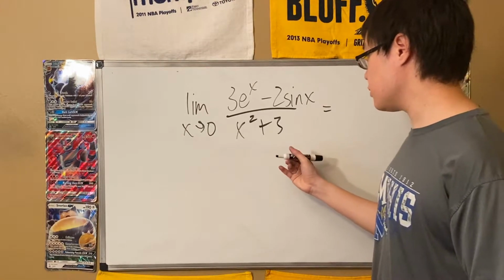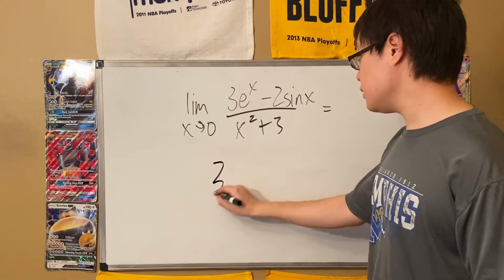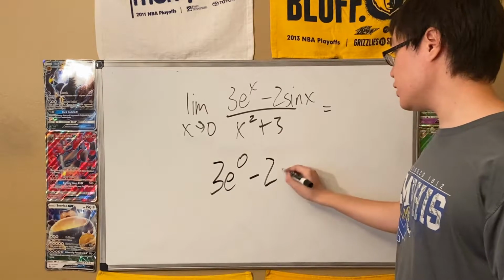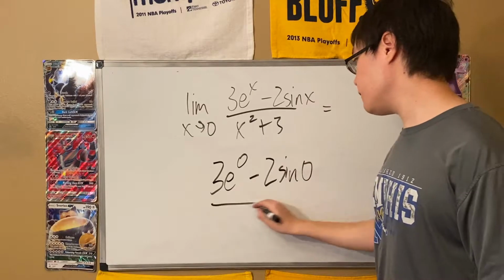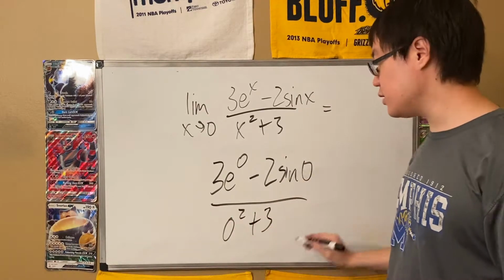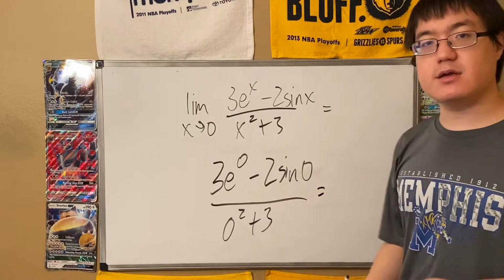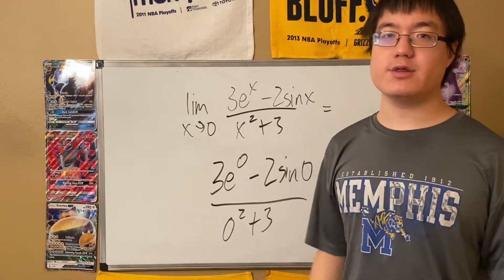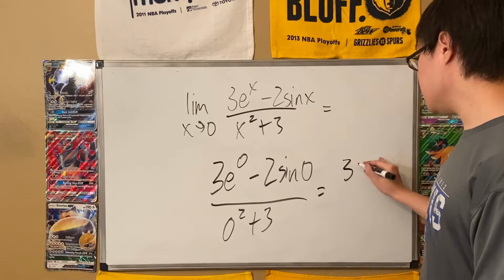What we're going to do is plug in the number. We're going to get 3 e to the 0 minus 2 times sine of 0, over 0 squared plus 3. Again, nothing weird is going to happen. So in this case, e to the 0, what's e to the 0? Well, anything to the 0 is 1, so you get 3 minus